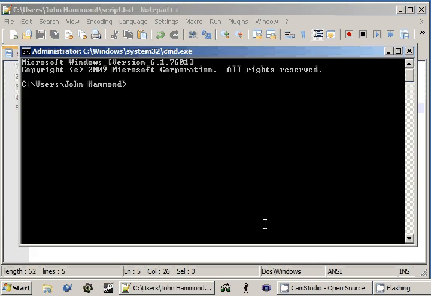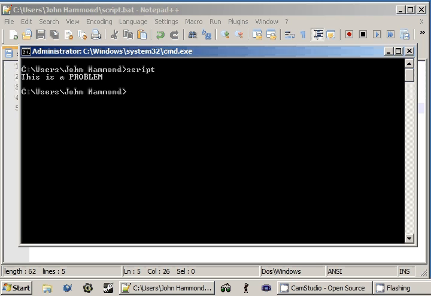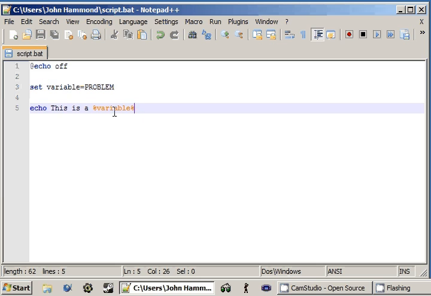Then we switch back to our prompt here. There's our script. We can go ahead and run that. I'll run script, and it says this is a problem. So you can see that it's replacing the variable with the actual value of the variable because we're using these two % signs here. So what if, hypothetically, we actually wanted to display those % signs and